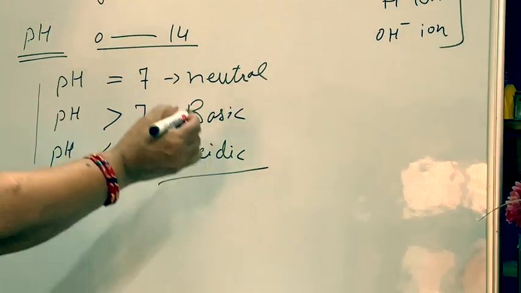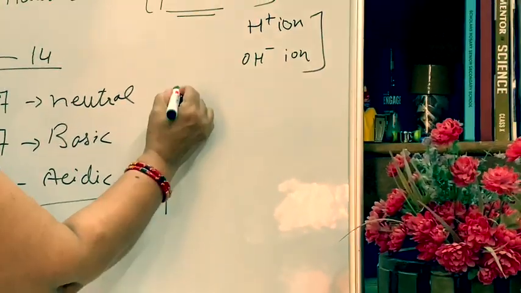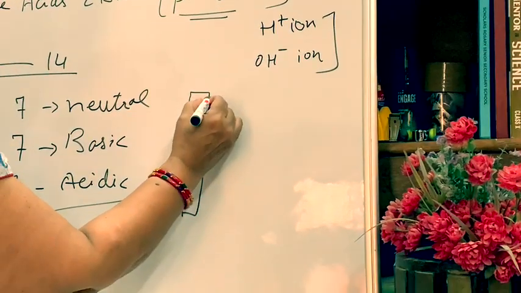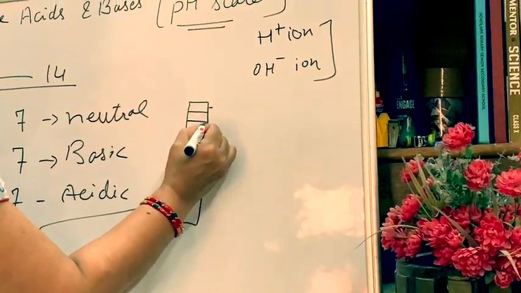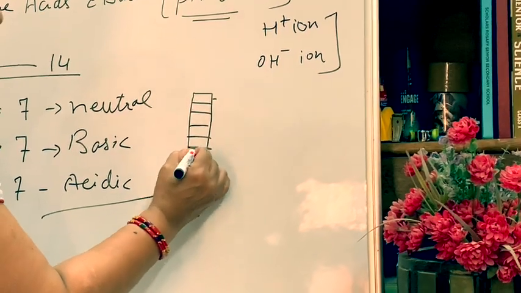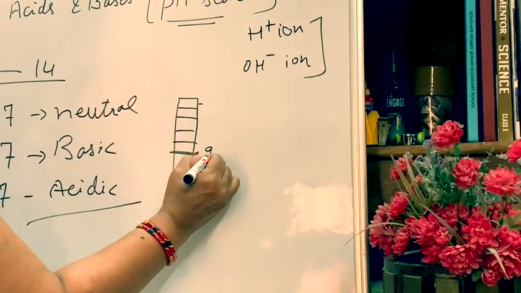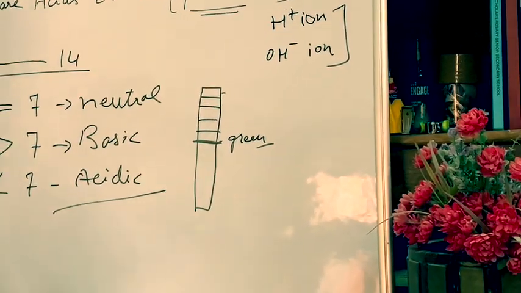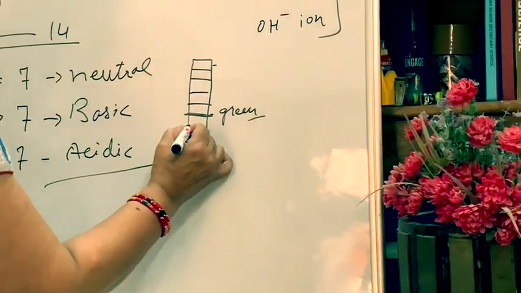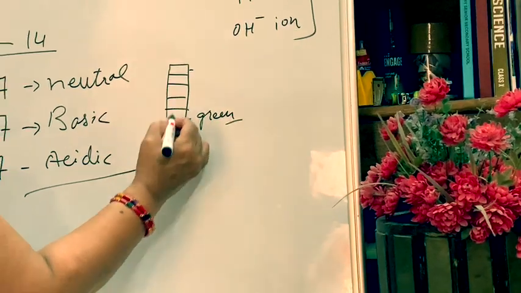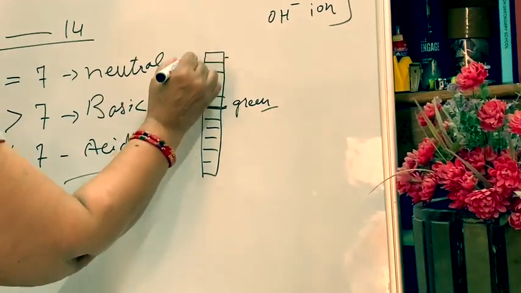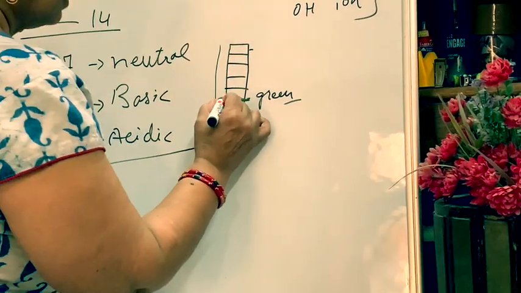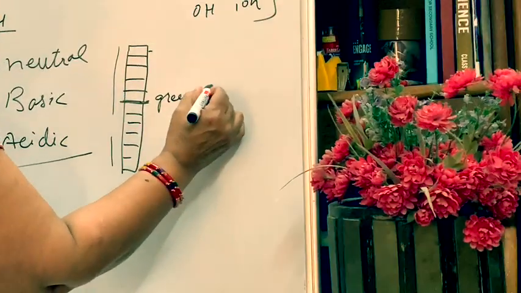Now how do we measure this, pH color or pH number? For this we have a pH strip, and it has different colors on it. In the center there is a green color. You can see your textbook for this, where the different colors are given. So we have a 1 to 14 number scale here, and the green color denotes 7,